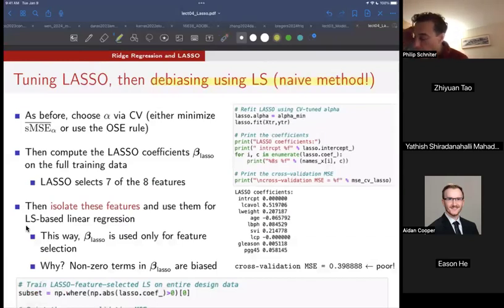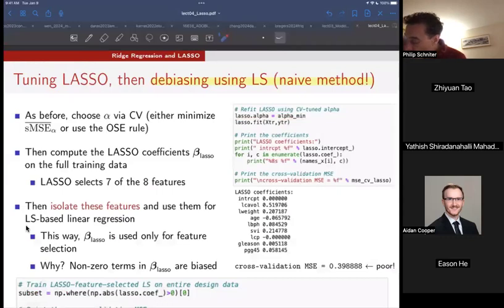Let me explain what we're going to do, or maybe we can see it from the code. So here we're going to set up our lasso. Let's say we've done our cross-validation tuning as on the previous slide, so now we know the alpha we want to use. And now we go back to our whole training data, with no splitting into test and train folds. And for that particular alpha, we fit the lasso parameters on that. But as we know, we don't want to get distracted by the bias of those coefficients. So what we do